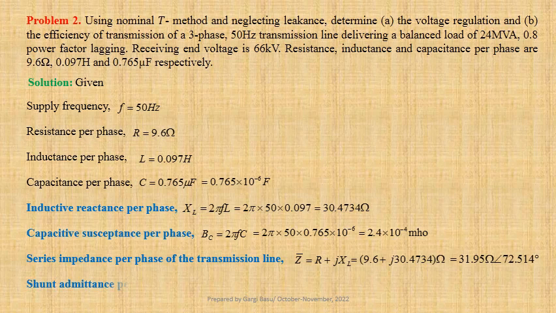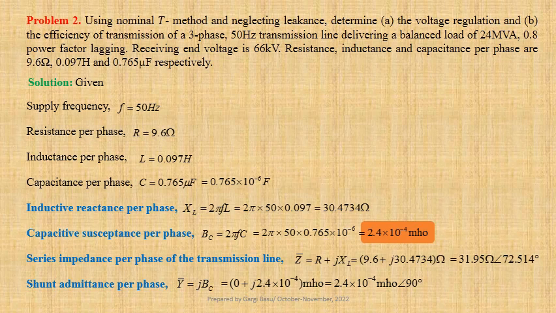Shunt admittance per phase Y equals J times BC, that is equal to 0 plus J times 2.4 into 10 to the power minus 4 mho. This may be written in polar form as 2.4 into 10 to the power minus 4 mho at an angle